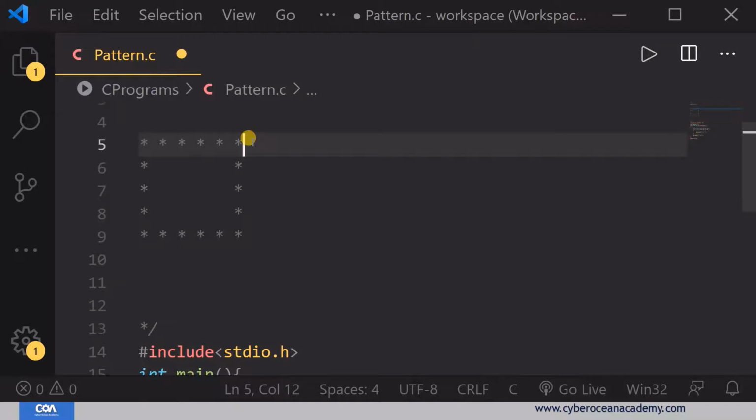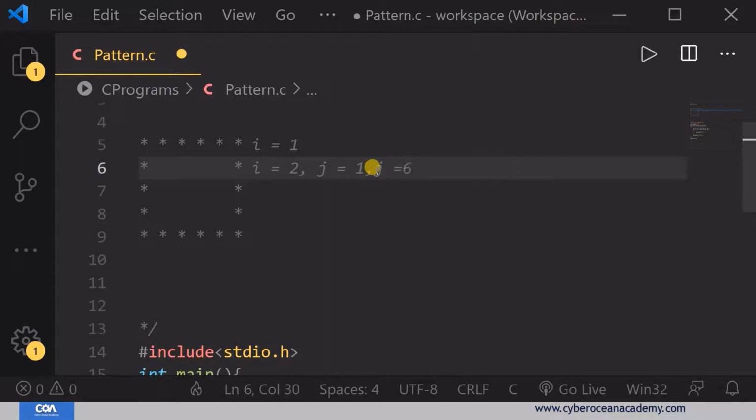Now just understand what the value of i is here. The value of i is 1 here, and here the value of i is equal to 2. And what is the value of j here? Here you can see that the value of j is equal to 1, for the star, guys, not for the space. If the value of j, and here what is the value of j? That is basically 6.